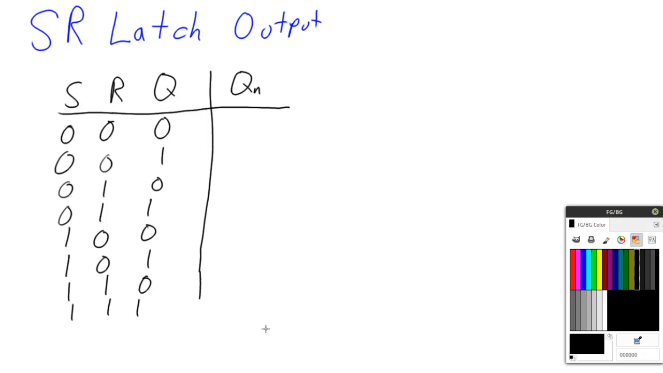A useful thing to be able to do is to determine the expression for the output of a sequential circuit, or specifically just a latch. So the way I do this, and you might see people do it different ways, but this is the way I like to do it. We've got our S and R. We've got our current Q value, and we want to figure out what our next Q value is going to